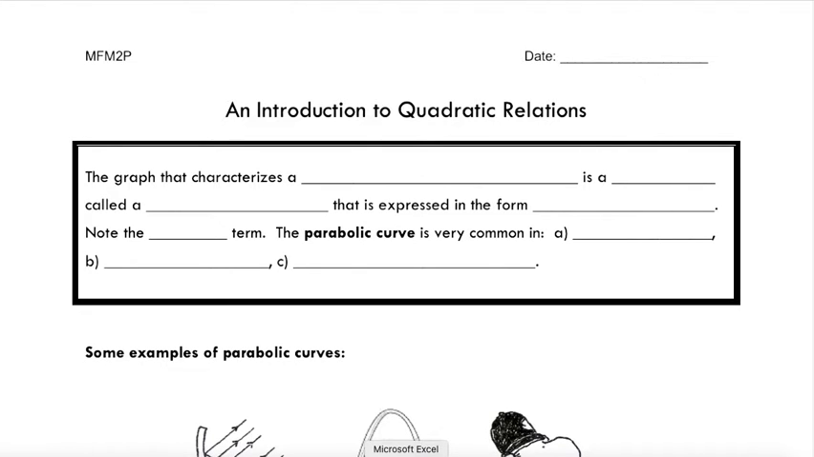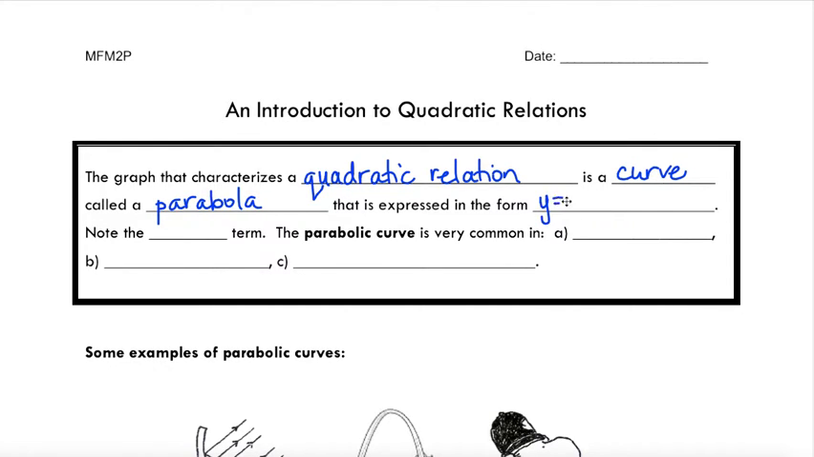So the graph that characterizes a quadratic relation is a curve called a parabola. The parabola of the quadratic relation is expressed in the form y equals ax squared